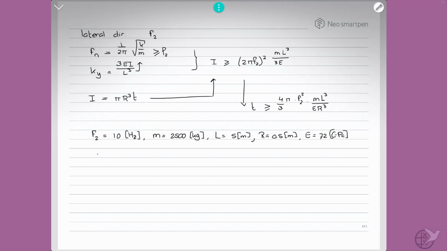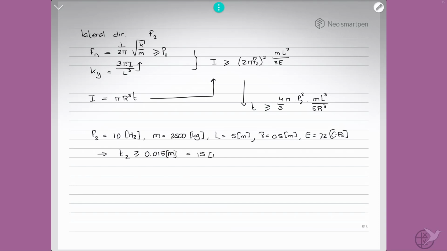That gives that the minimum required wall thickness T2 in lateral direction must be larger than 0.015 meter or 15